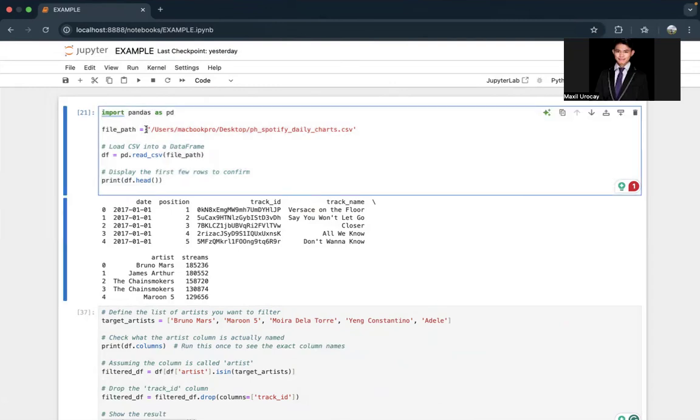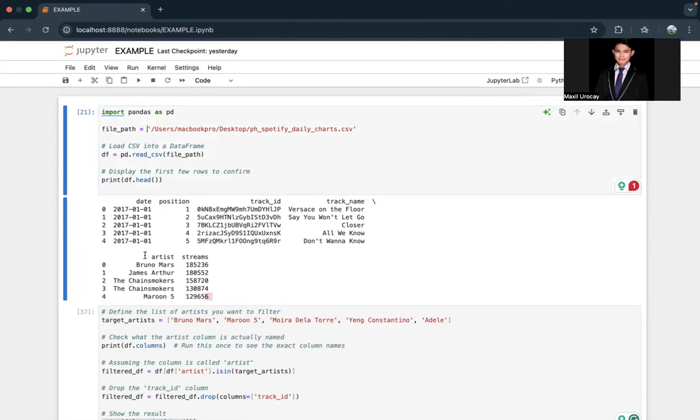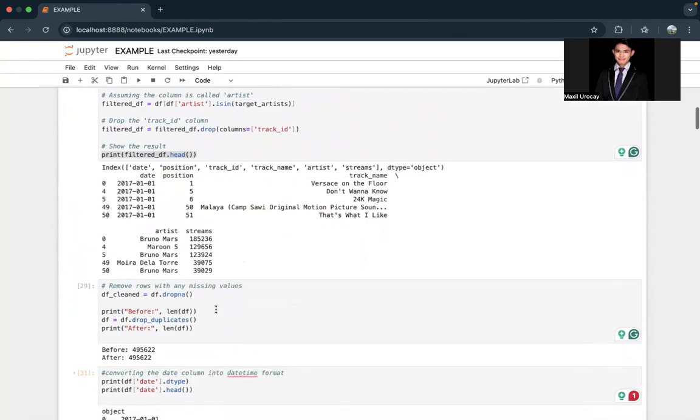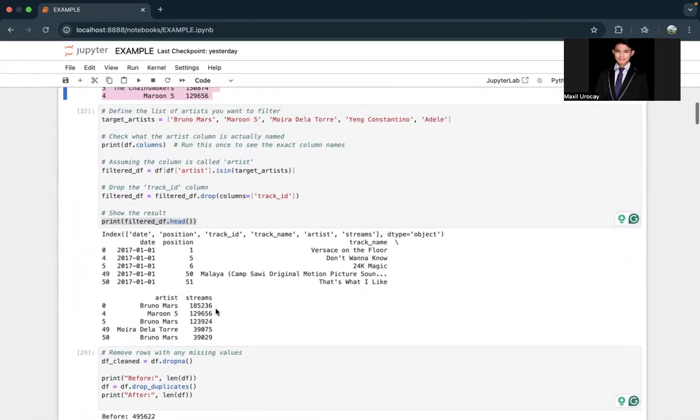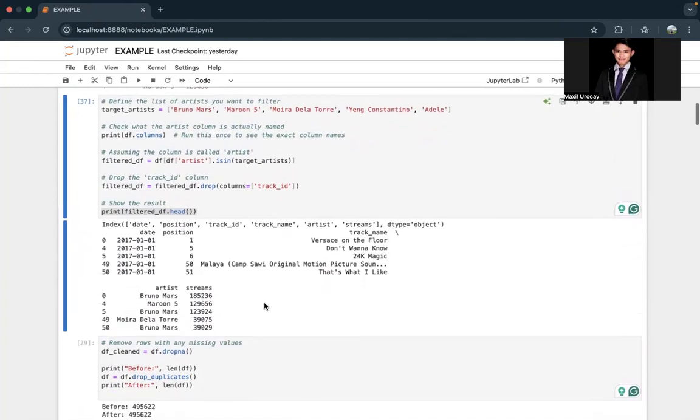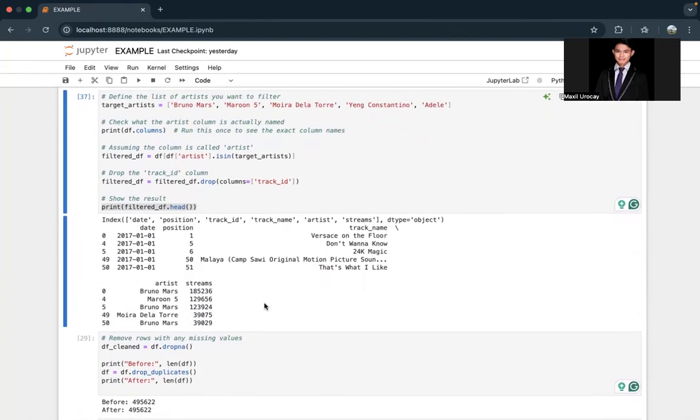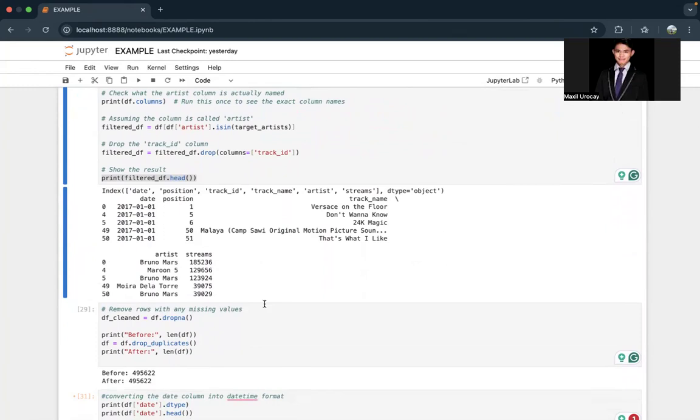So I've imported the data, then printed the data set into the data frame. I showed a few rows of the data set in a data frame right now. After that, I was able to do the data cleaning as I go along.